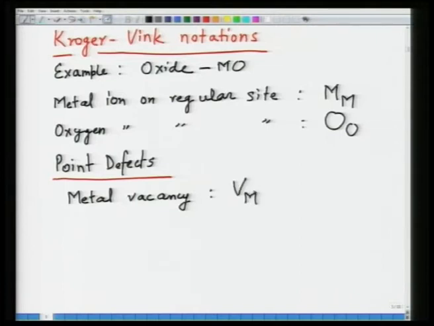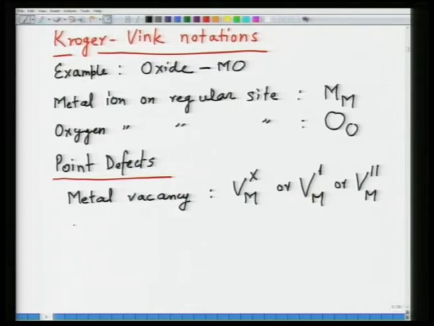If you have a neutral vacancy, the vacancy which does not contain any charge, it will be Vm^x, or if it is charged, then it would be Vm dash, or if it is completely charged, as in the case of a metal oxide with a divalent metal cation, it would be maximum negatively charged with 2 negative charges. So, this would be when the vacancy is completely ionized,